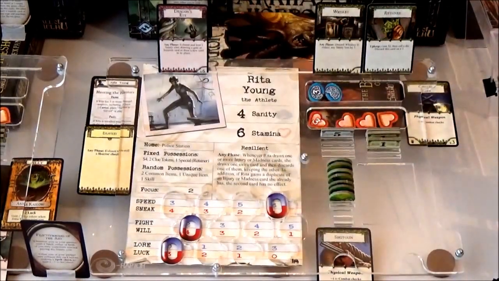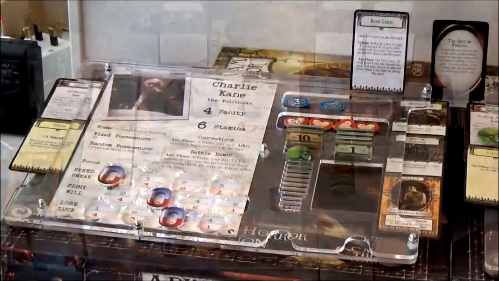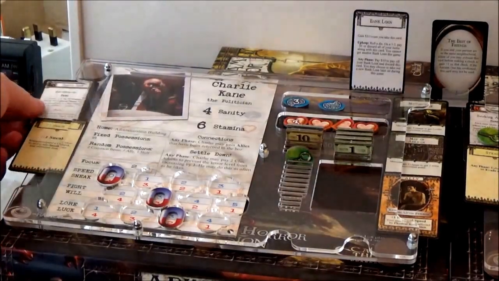So that's Rita all done and dusted for upkeep. And we'll go to the next player, who is Charlie Kane. Here we are at Charlie's area, and as it is the upkeep phase, we finally get the chance to have